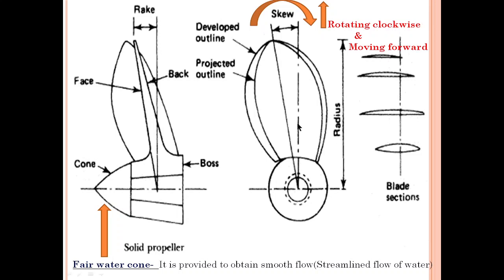Basically, when the propeller cuts the water, it can generate a lot of eddy currents and wake. To reduce the frictional loss and to make the water flow smoothly and in a streamline, this cone is provided. This cone will reduce the eddies and will ensure streamline flow, which will increase the thrust generation. I will come to that now.